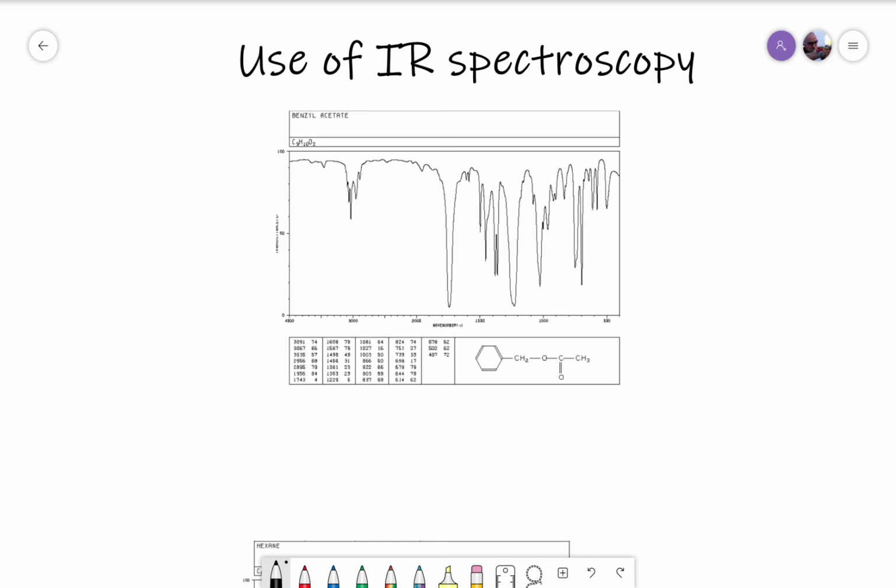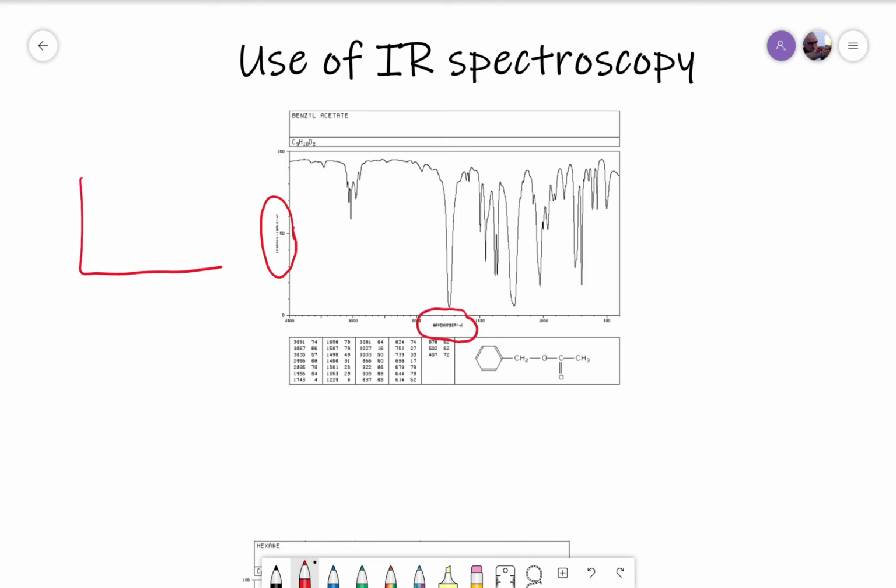This video will discuss the uses of IR spectroscopy. The first thing we have to talk about is the form of an IR spectrum that is collected from those bond vibrations. For those of you who haven't seen one before,